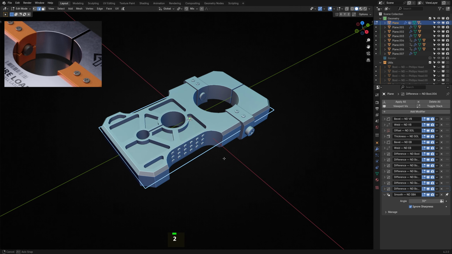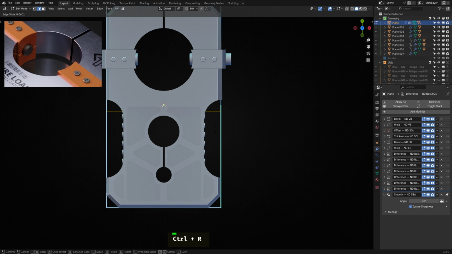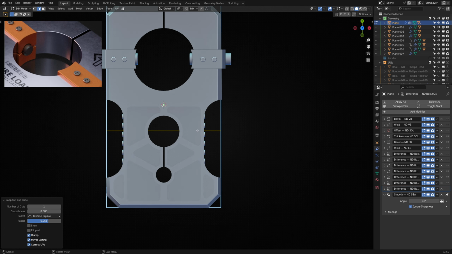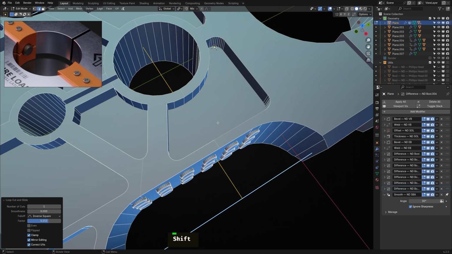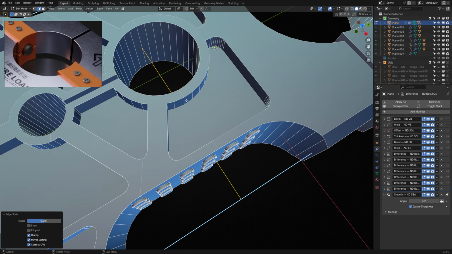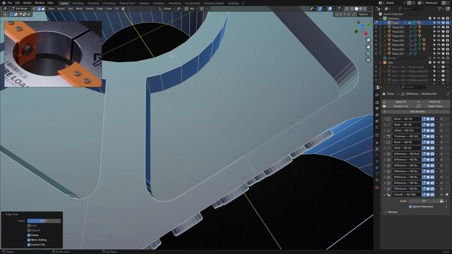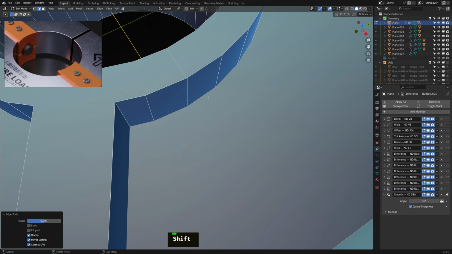I'll start by adding support edges, which help guide the additional edges formed by the Boolean operations performed on the block. That can be done by adding loop cuts to the base block and sliding them into place. I typically move them so that they cut right through the center of the holes, ensuring that the edges on the cutout and the support edge form as close to a 90-degree angle as possible.